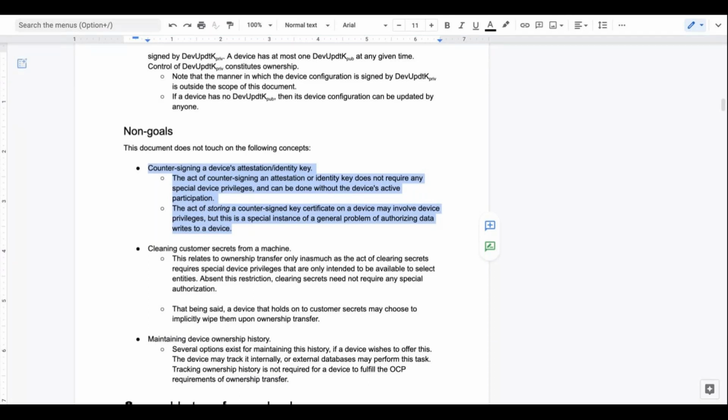The only entities that will ever be checking this signature that I've highlighted here are things outside the device, because the device simply has an identity key. It's going to issue some attestation. This is only about the device issuing attestations for other things, like here's the firmware I booted. That's signed by an alias key, which is signed by a device ID key, which is signed by the manufacturer. It's for outbound activity, not inbound.